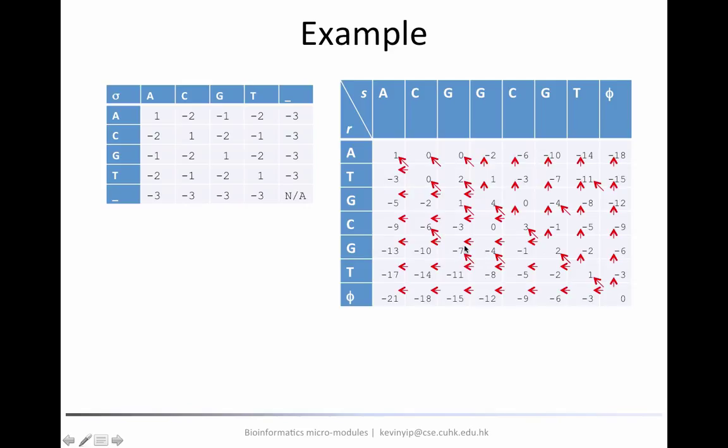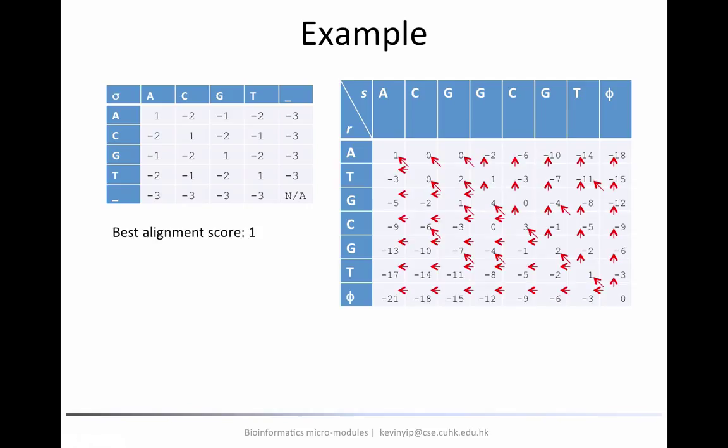If we take the horizontal path, we're going to introduce a gap, which will give us a score of -3. And the new subproblem here actually has a score of -4. So again, we'll get -7. If we take the vertical path, we're going to introduce a gap with a score of -3, plus here, the subproblem has a score of -11. So we're going to get -14, which is lower than -7. Therefore, among the 3 choices, 2 of them actually give the same higher score of -7. So we mark both the red arrows.